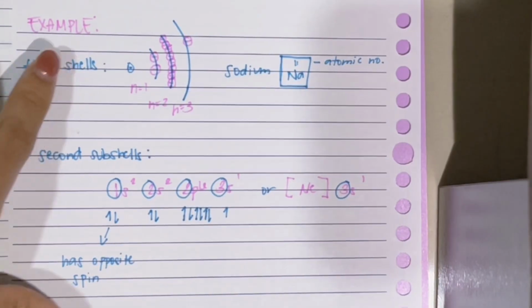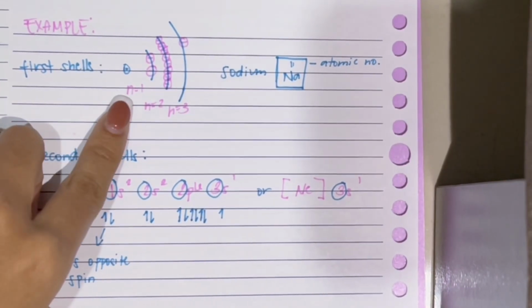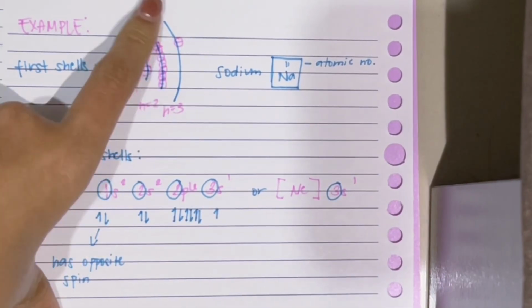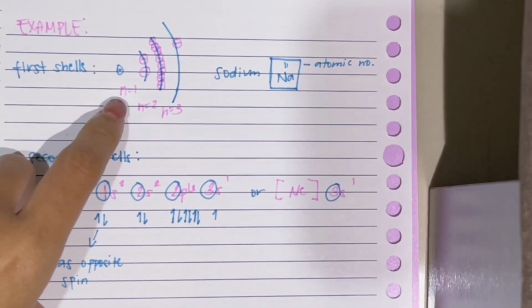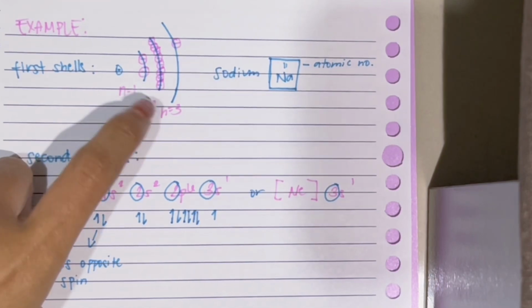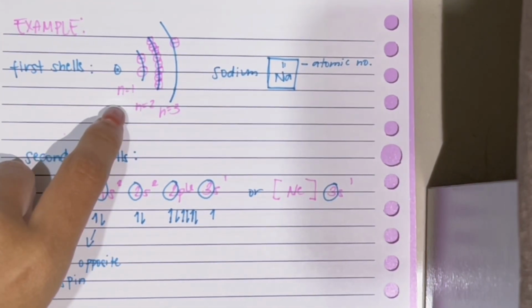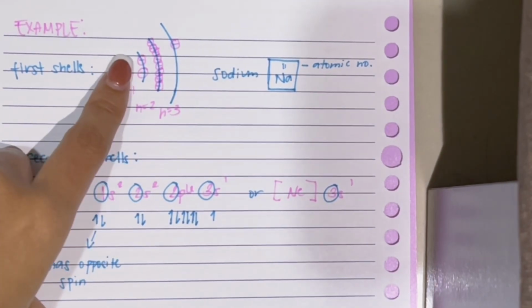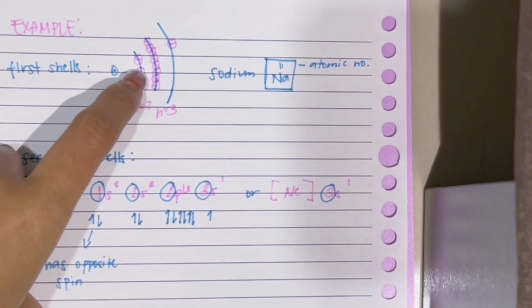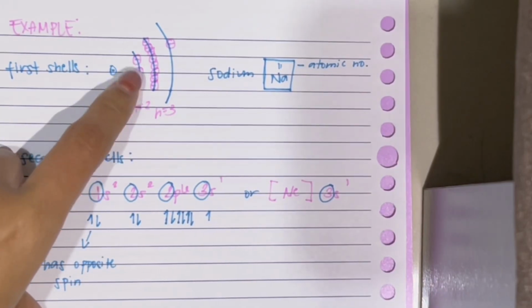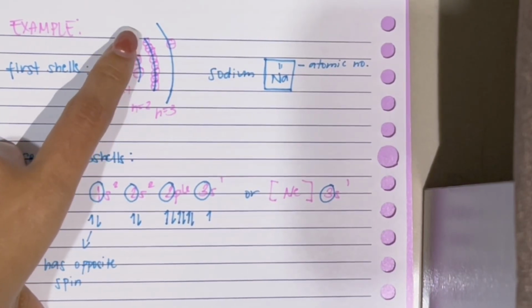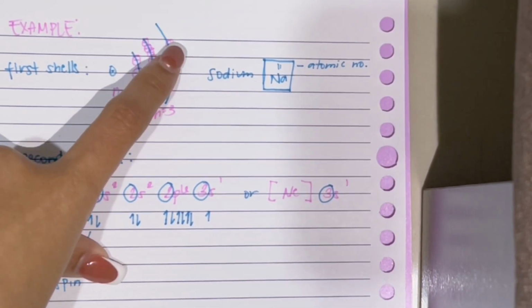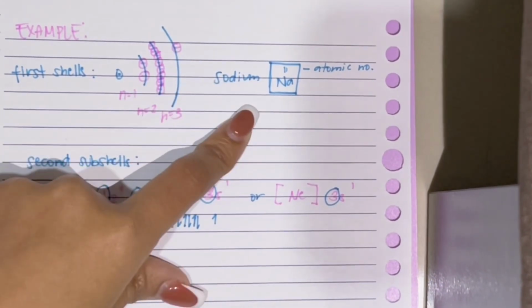So mag-example tayo for shells. Ito yung atom, first shell, second shell, and third shell, or the principal quantum number 1, principal quantum number 2, and principal quantum number 3. So, ilan yung electrons na? So, let's count. The first shell has 2 electrons. Second shell has 8 electrons, and the third shell has 1 electron. So, yan yung